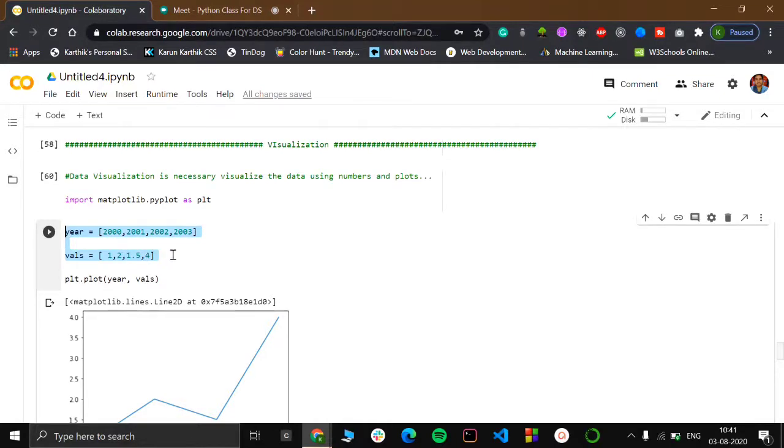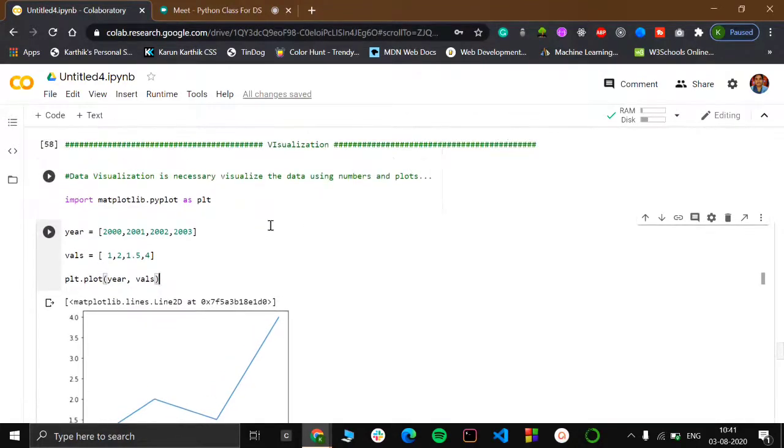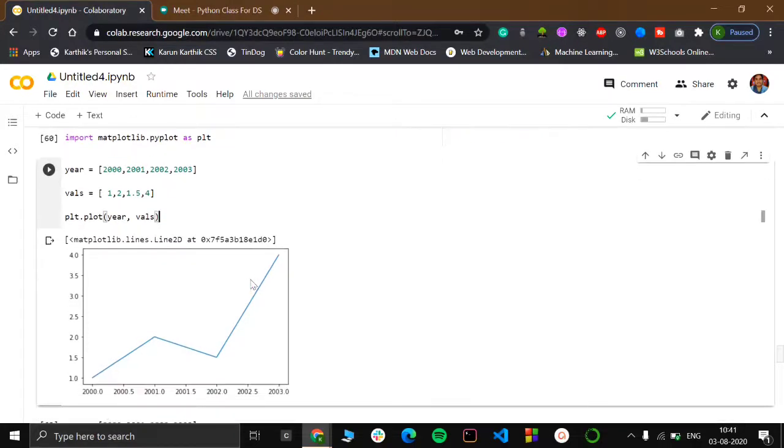Earlier you were not able to draw any conclusions, but when you are able to plot these graphs, you are able to say this was increasing, here it was decreasing, and again here it was increasing. So that is the most prominent feature of visualization. This has been done by matplotlib. If you have a list here and you have another list, you can plot it by using the plt.plot function. The value which you give first will be the x-axis, and this one will be the y-axis.